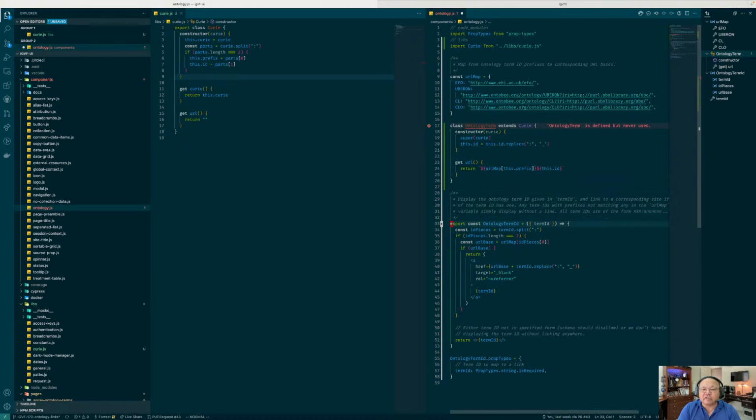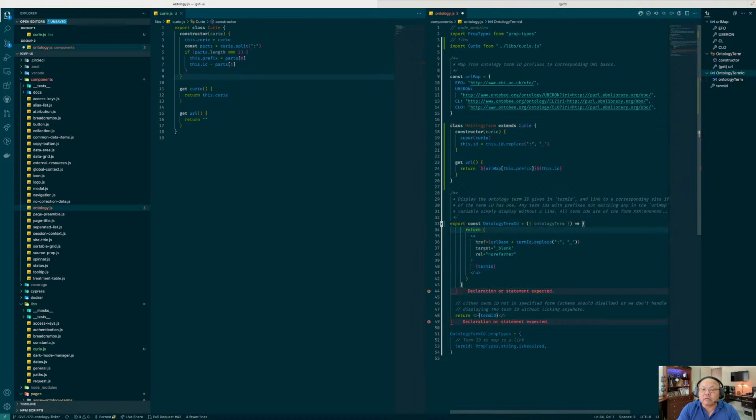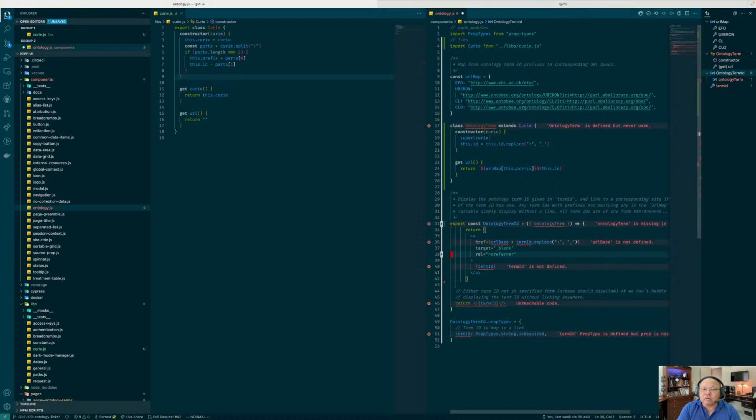And so ontology term ID would take a query type, which is one of these. Well, ontology term. So this split has already happened. And so here all I need is